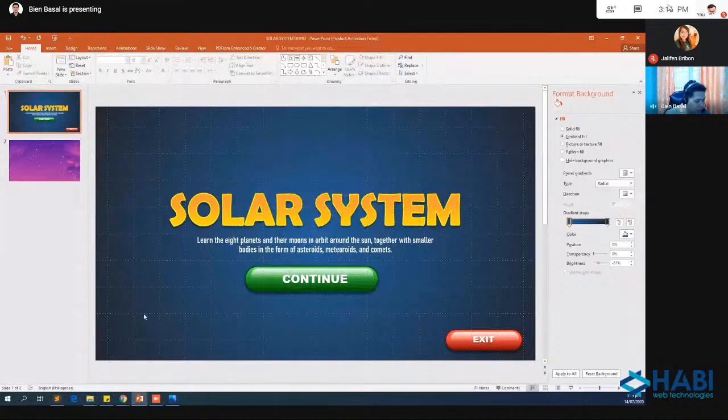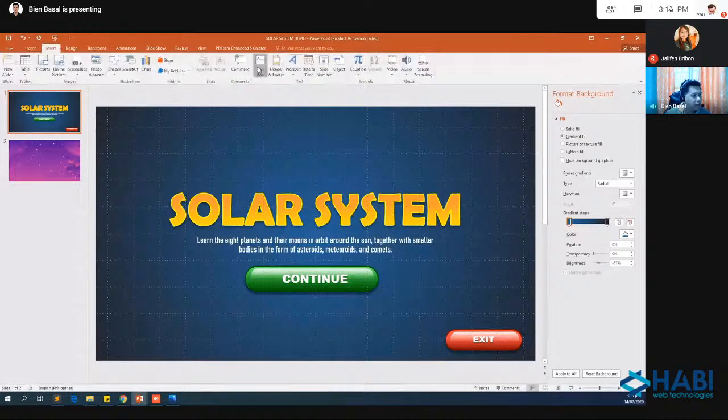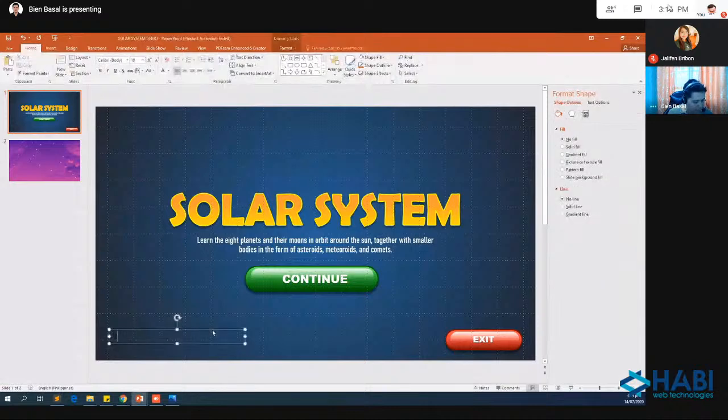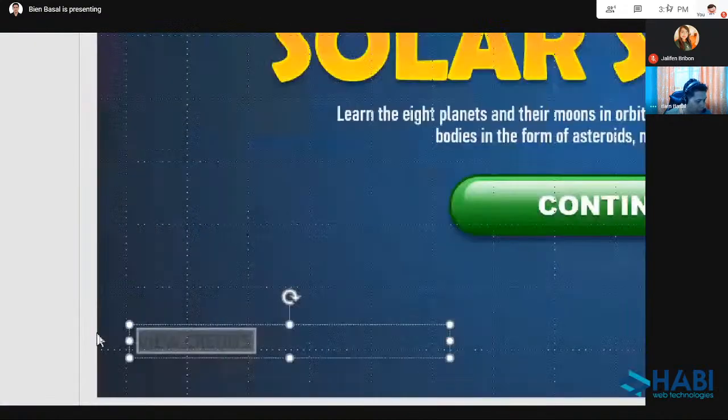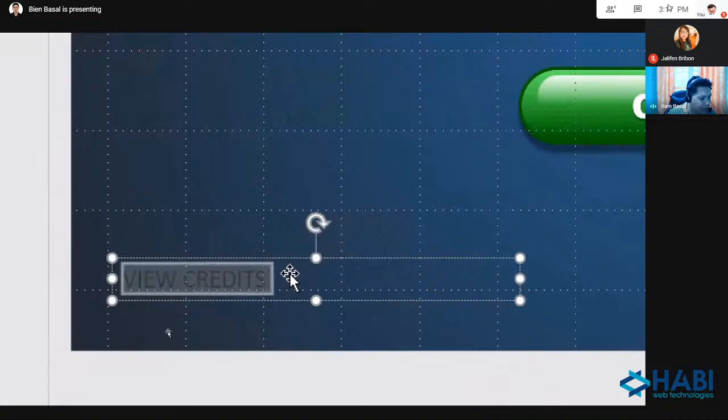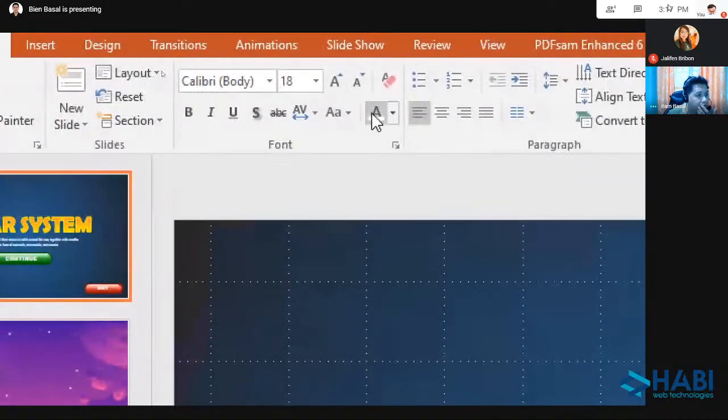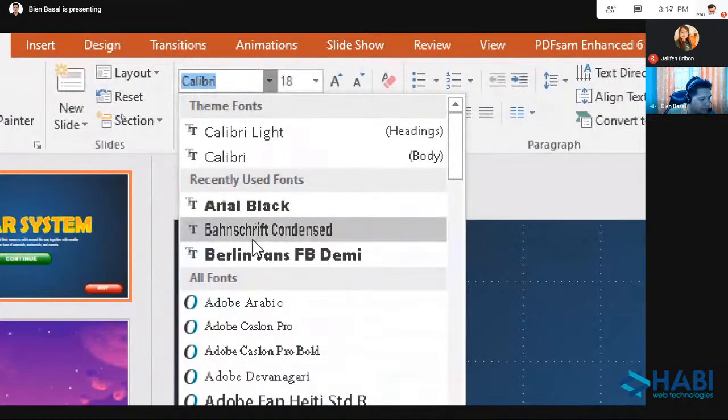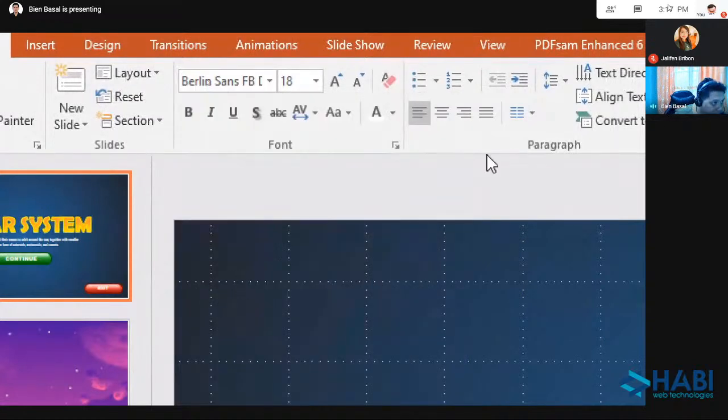So pupunta po ako dito sa baba. I will use this one. Again, text box. And I will draw here sa lower right portion po niya. We will type view credits and font I will use Berlin Sans.